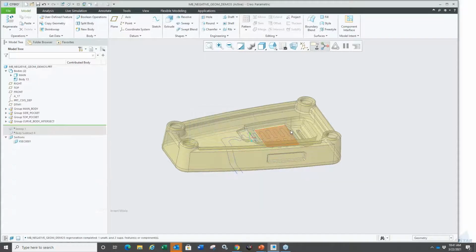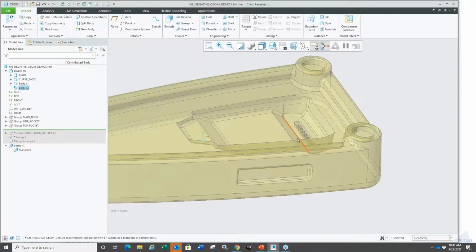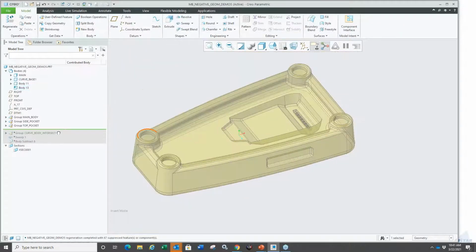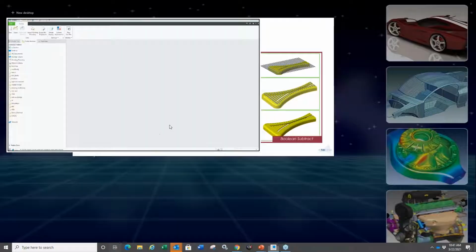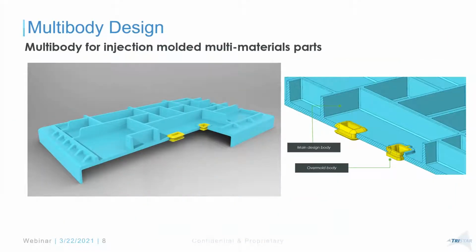We had another body just for this one in here, right? That's before this curve intersect. There it is, right? The curve base. All these were done as bodies in here. So just to give you some context and some examples where you can see some of the other use cases. So going back up here, if you have this kind of injection molded multi-material model